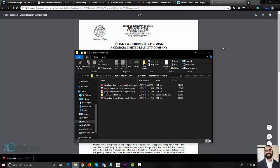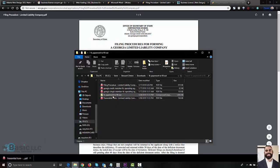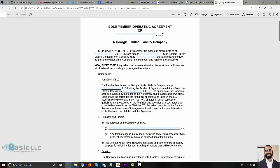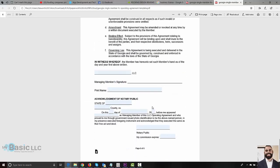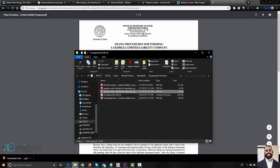So once you've filled out, and I'll show it to you, this is your single member LLC form right here. You'll see here, you'll fill this information out, the top page, and then you'll go to your local notary and you'll fill out the bottom information. So they'll be able to sign it, verifying you signed it and everything is good to go. They'll stamp it, and then you can mail this in along with your